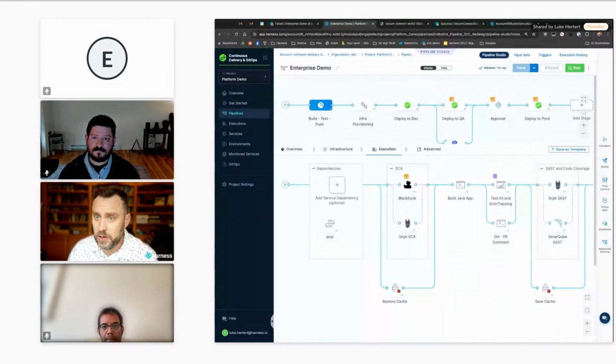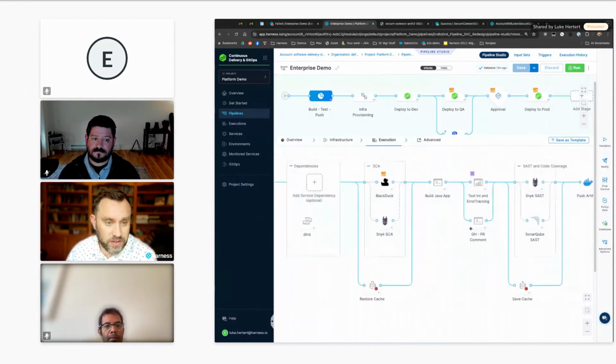Other types of scanners are running behind the scenes, either all the time, on a schedule, or on an event-based mechanism. In that scenario, we would do what we call an ingestion scan, where we pull in the results of a scan at pipeline execution time, but that scan has already happened sometime in the past.